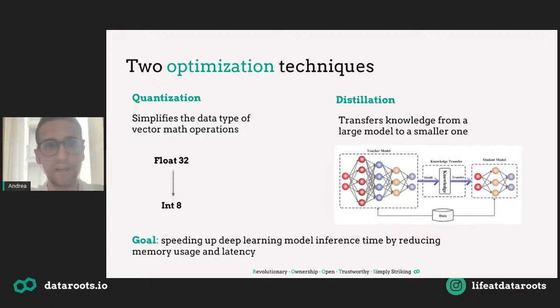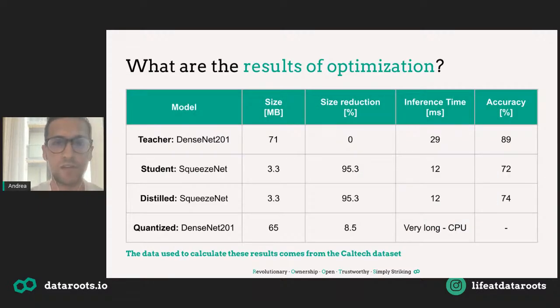And the other technique that we studied and used with our model is called distillation. The main idea is that we start from a pretty large and complex model. We can select a smaller model, and then we can transfer the knowledge from the large model to the smaller model. And then we will be using directly the smaller model to make our predictions. So we will gain some memory reduction, and also the inference time will usually be faster because we're using a smaller model. And I think it's very interesting to give you some results about the studies that we conducted on